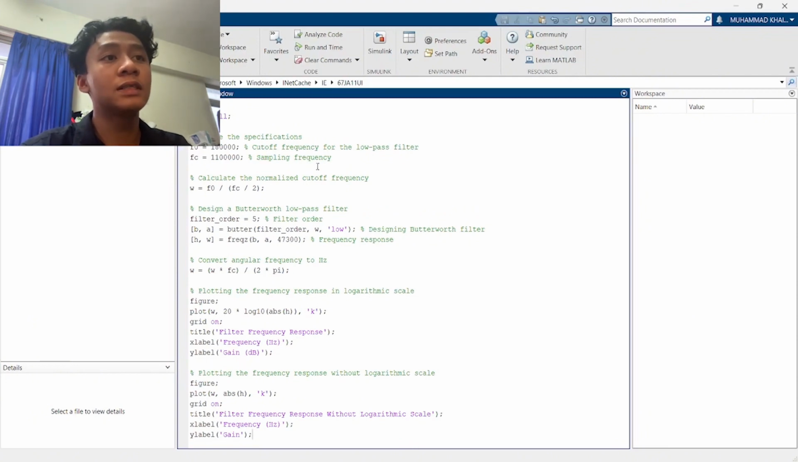Now I will design the Butterworth low pass filter, with filter order 5, and calculate the frequency response, H and W, which is this frequency response,